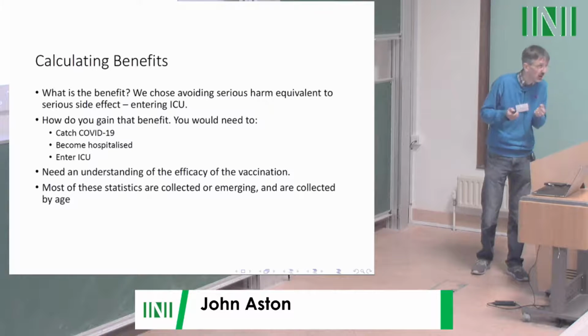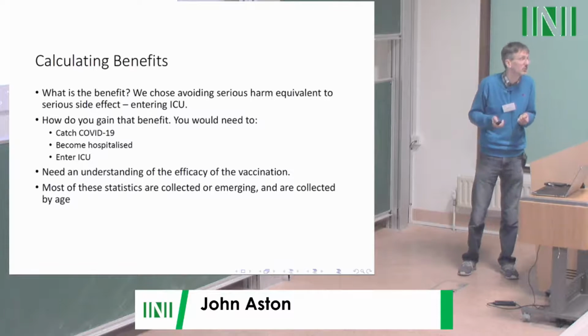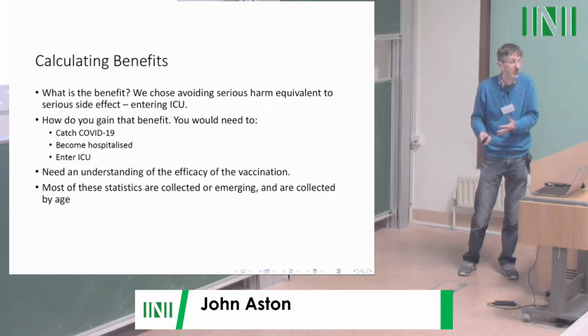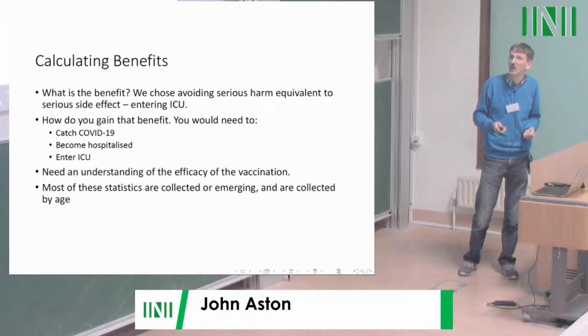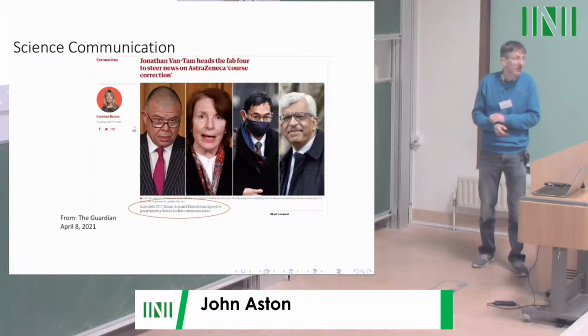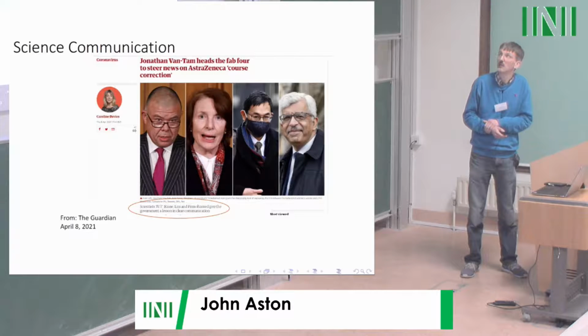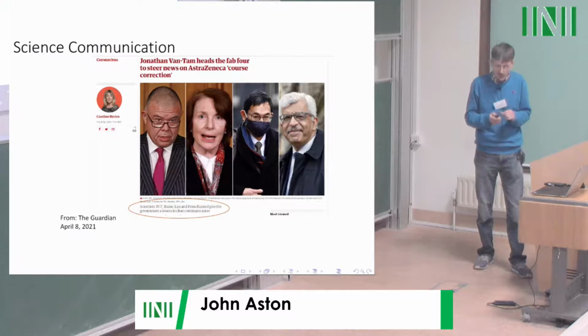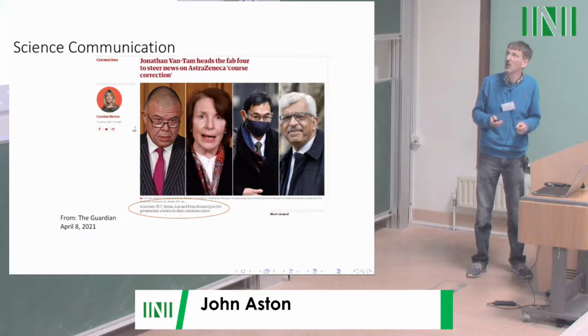And luckily, they were starting to collect those statistics by age, which was the thing you need to be able to compare against people who are likely to get the benefit of the vaccine or the harm from the vaccine if it was an age-related problem. So the big thing is that once you've got this information, you've got to communicate it. And luckily, there are some really good people at communication. For those of you who have been in the UK a while, most of you will know Jonathan Van Tam, who